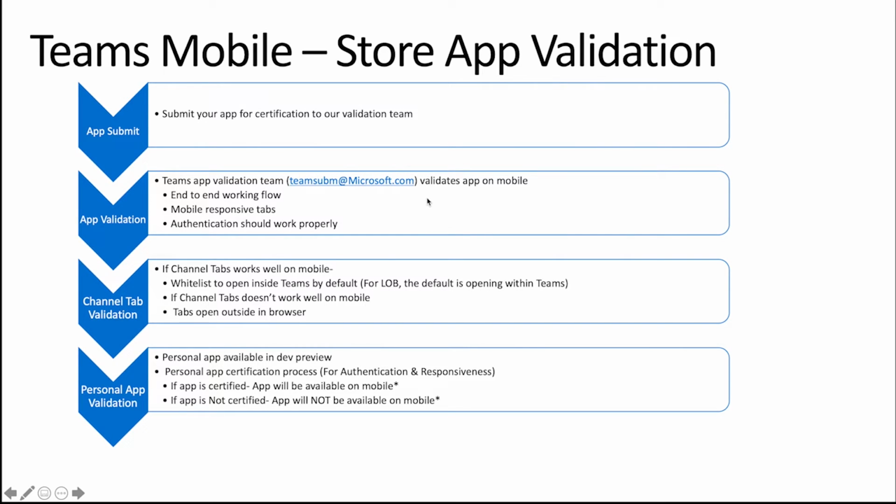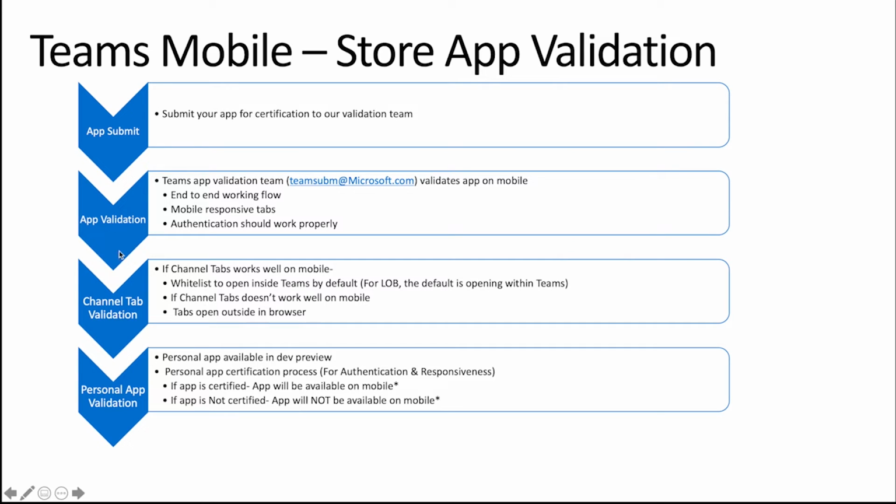This is the email ID where you need to send an email alias for your app validation, and the team validates the application. It validates the end-to-end flow. It checks the mobile responsiveness of the tabs, whether authentication is working fine, and whether you're using the latest JS SDK or not. There are a bunch of validations around the channel tabs, whether you are whitelisted to open it within the application,